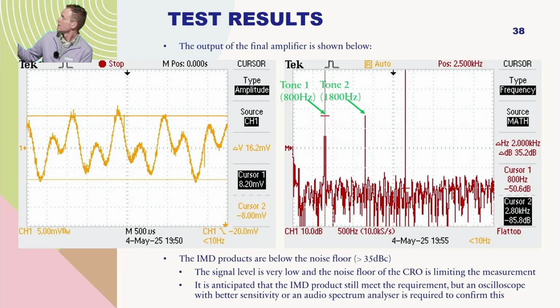So again, I can see the two tones, fantastic. This time though, the noise is a fair bit higher. Now, it's fairly obvious it's high, even by looking at this. You can see how ragged this waveform looks. And that's because I'm trying to measure a very low signal, and the